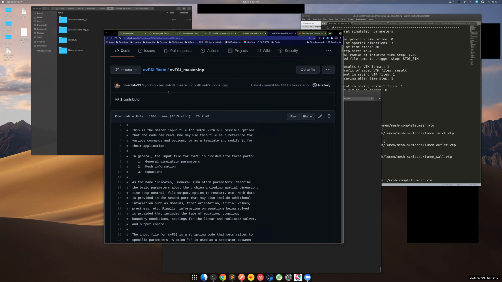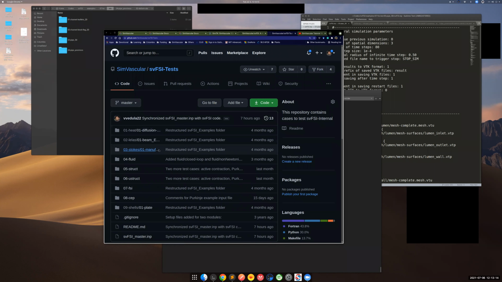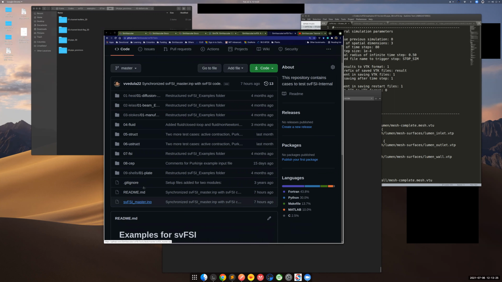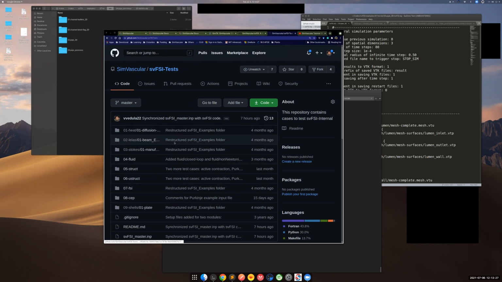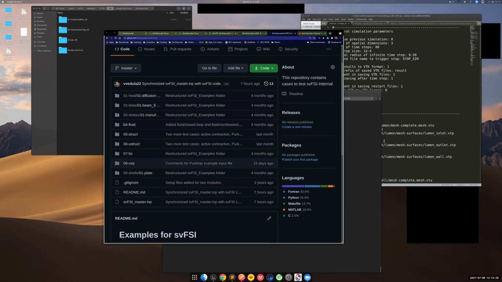On top of it, we shared a number of examples here that people could start off with to get good experience on how to use the code. There is a master input file here, called the svFSI test repository. There are a bunch of tests here which are organized based on the physics. Like I said, it's a multi-physics solver. So you have diffusion, linear elasticity, Stokes flow, fluid flow, the Navier-Stokes equations, and nonlinear solid dynamics using